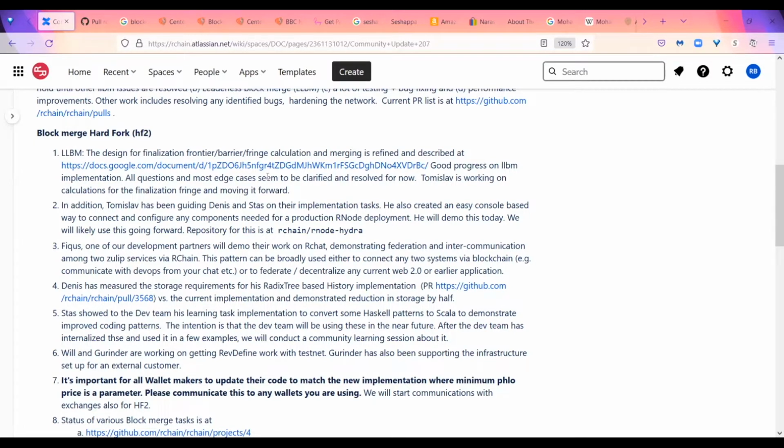In addition, Tomislav has been guiding Dennis and Stas on their tasks. Like I said, he spent a little bit of time on getting this tool for console-based configuration of our node and the components that might need to integrate with that.